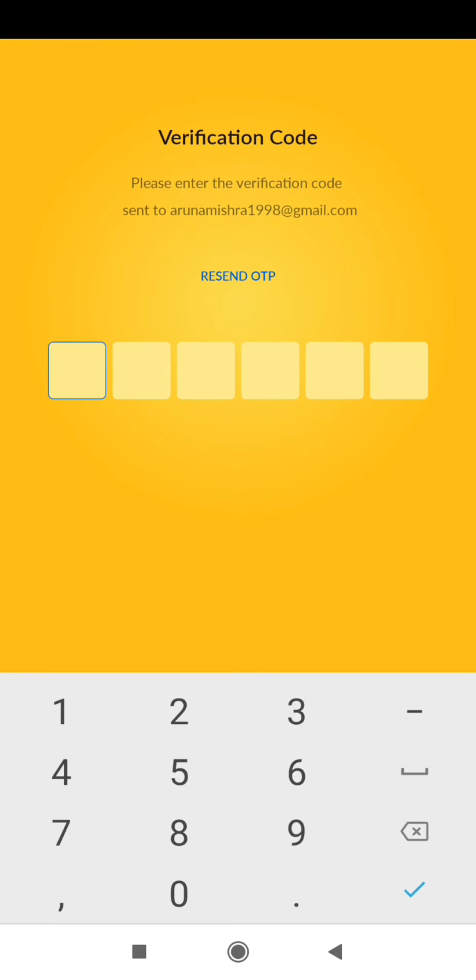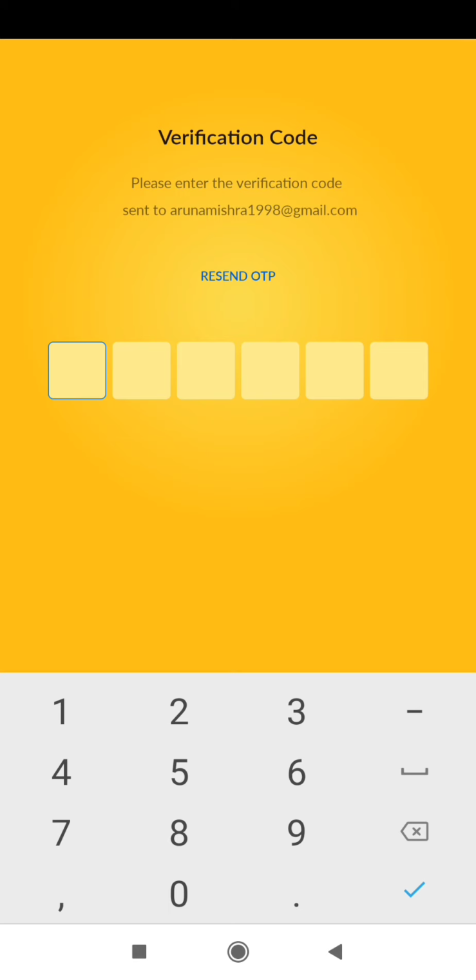Now when I go for the next, here it is asking me for a verification code. Now I'll be receiving a mail where I will be having a verification code. So now I'll enter my verification code.